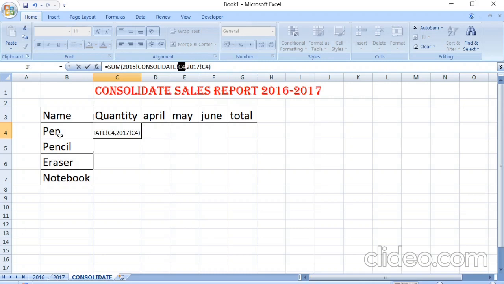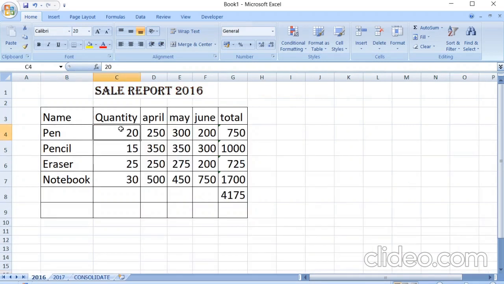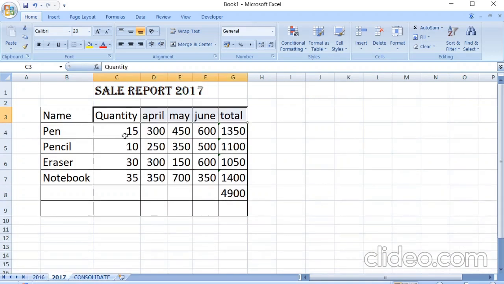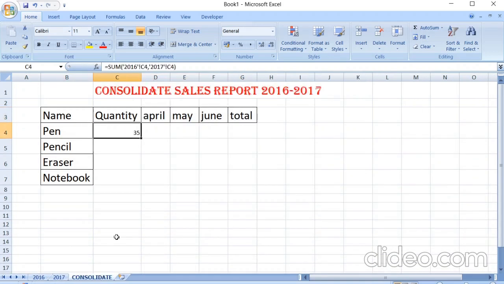Some error is there. Here it is an error. You can see what I have written. I have written the sheet name in single quotes, then exclamation sign, then the cell address from where I am picking. Here my quantity is 20, here my quantity is 15, and now it is showing me here 35.